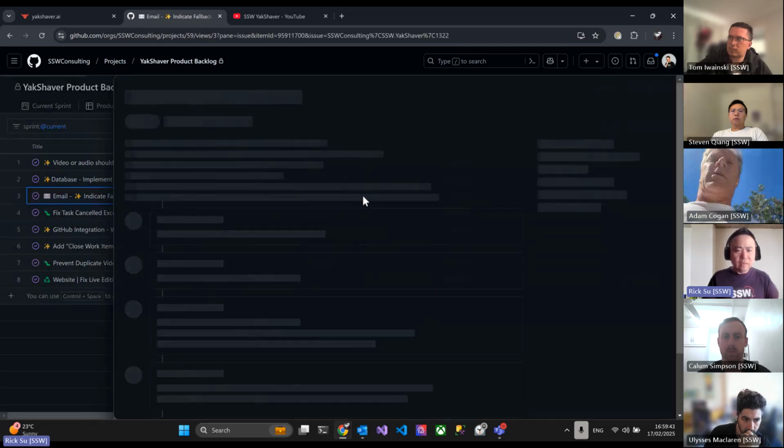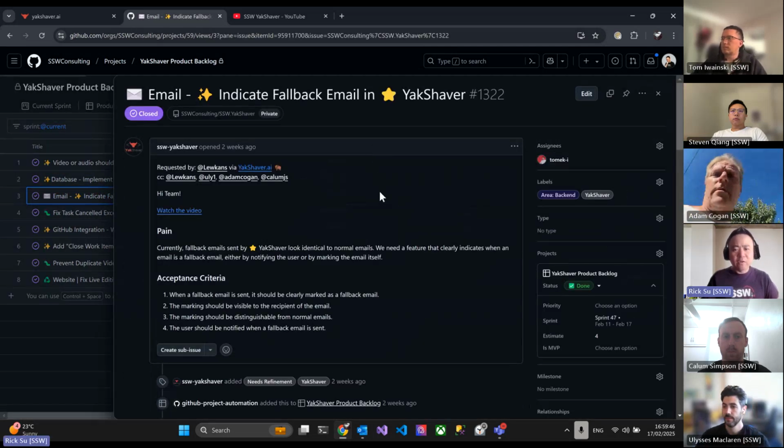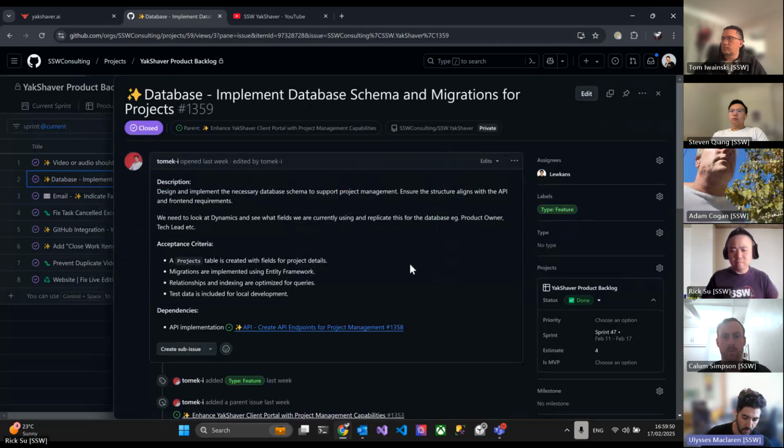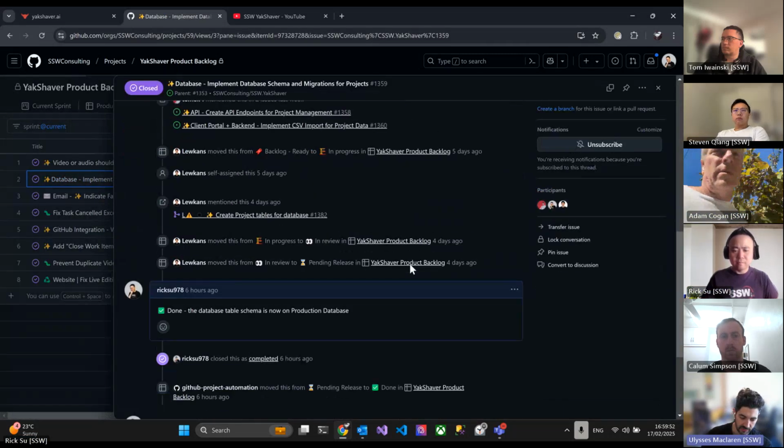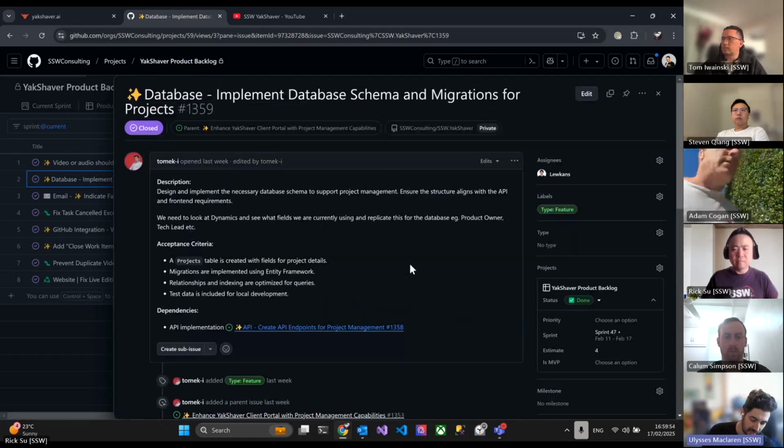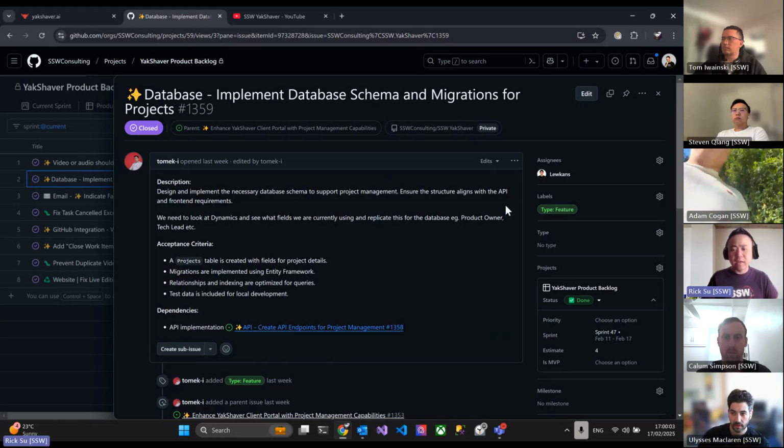Next one, this is the fallback indicator. Quick question on that. Obviously we're going to import all our projects from where we are in Dynamics at the moment. Are we setting it up with some kind of a scheduled sync so that updates that happen in Dynamics get pushed through? Yes, correct. We will set up a background schedule to sync that. Okay, beautiful.